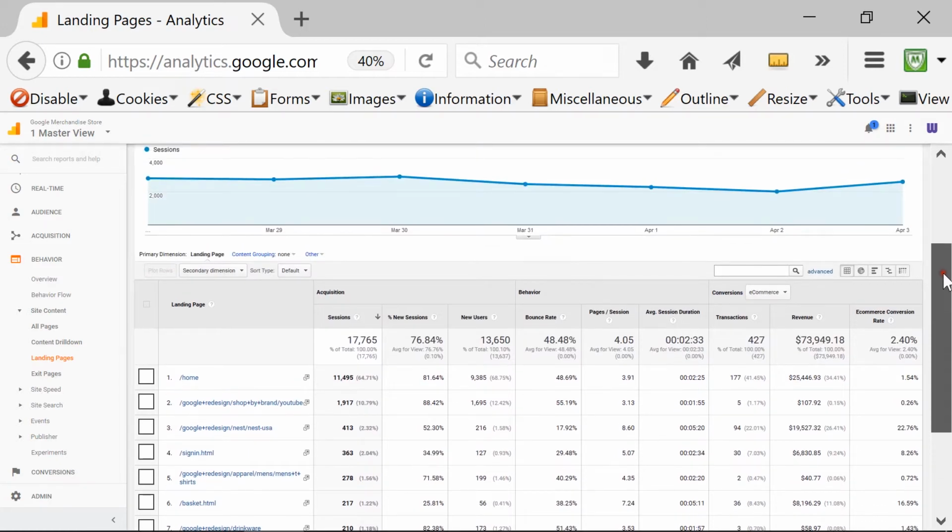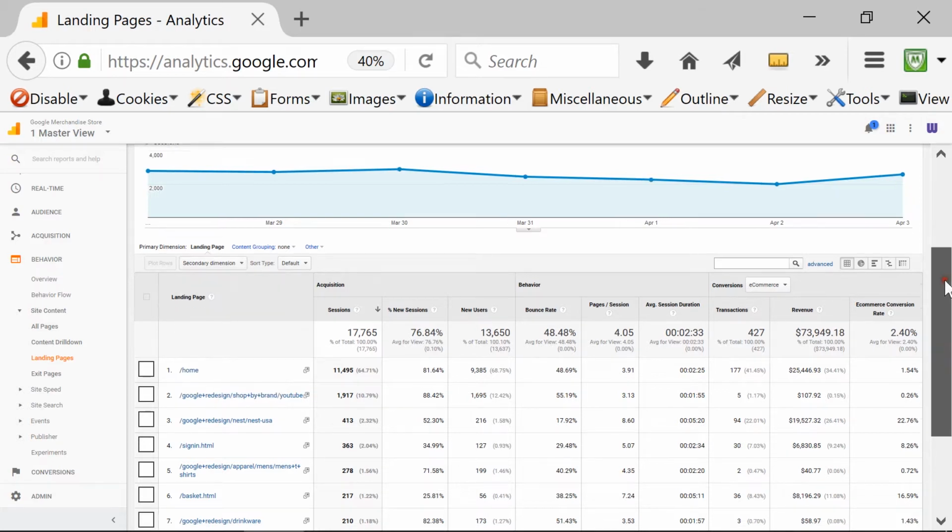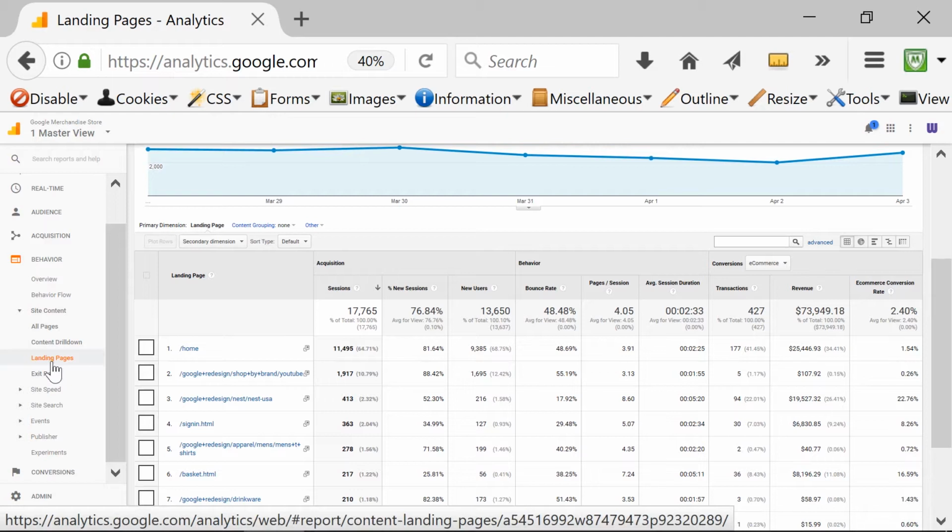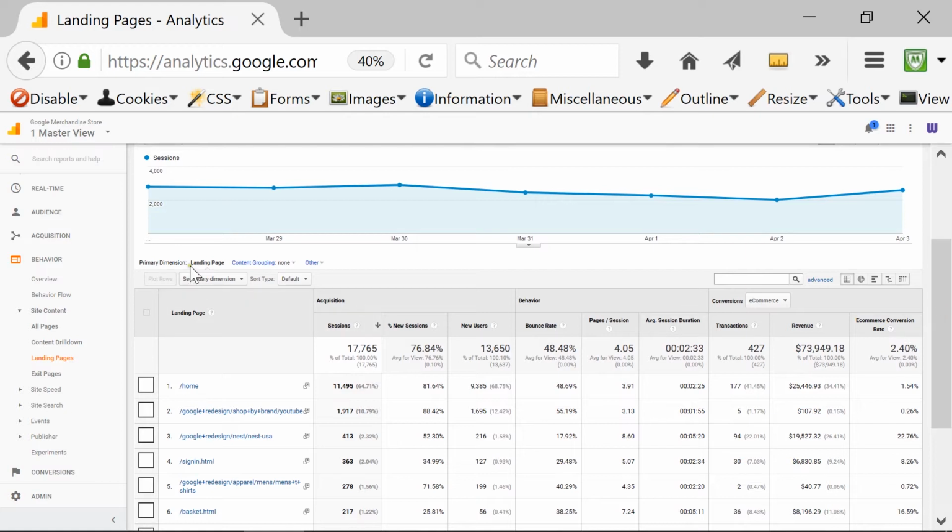There's one thing that we never really talked about, which is secondary dimensions. In almost all of these tabular reporting views in Google Analytics, you can hit the secondary dimension and add something else. Add a secondary dimension in which you can drill more into information related to the main primary dimension. For example, let me think of something. Now that we are on our landing pages, let's say I would like to know more about a secondary dimension related to